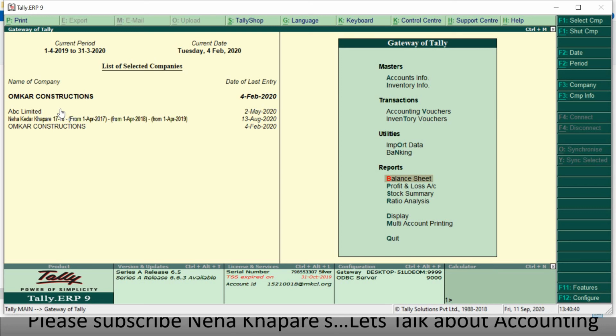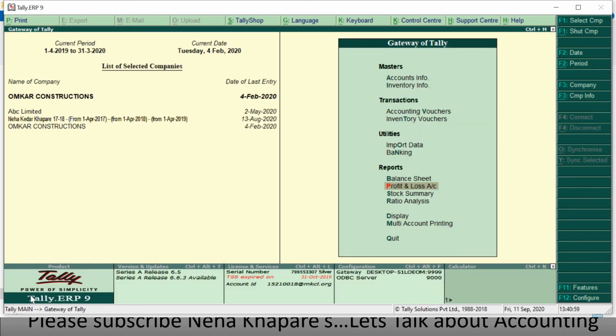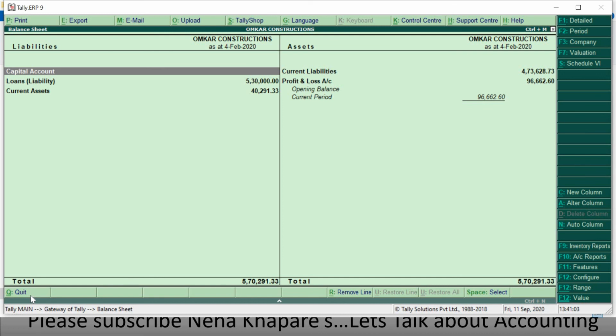But before opening the company or before starting the accounting, just check once whether all the details have been migrated. I don't have many expenses or transactions in this particular company, but still I will check once whether all transactions have been carried over. Yes, everything has been copied.